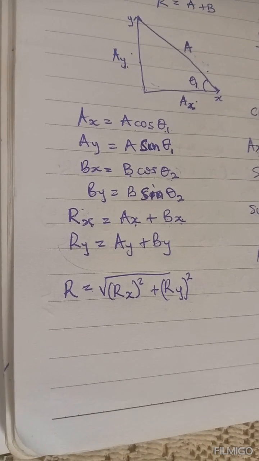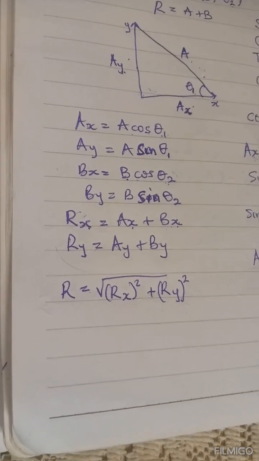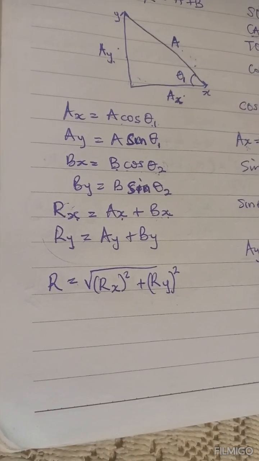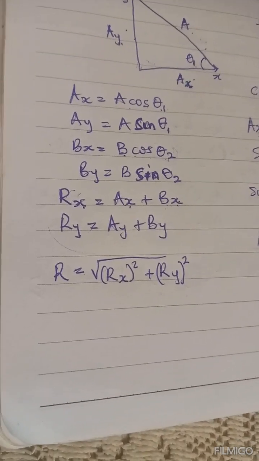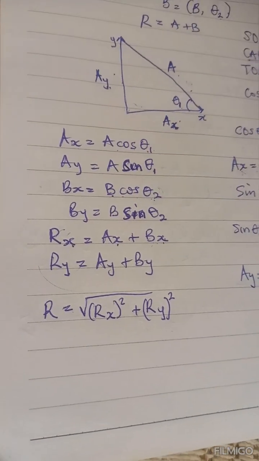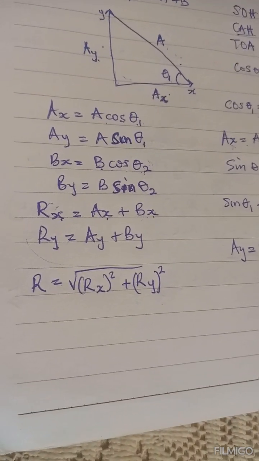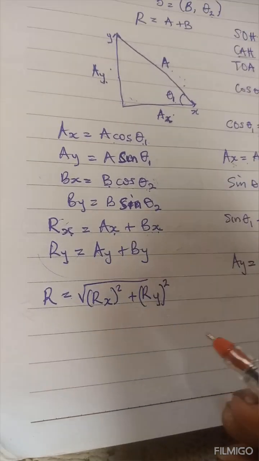And also, if I want to get my direction or the total angle, remember that we have theta 1, theta 2. So if I want to get the total angle or the direction of my vectors, then I